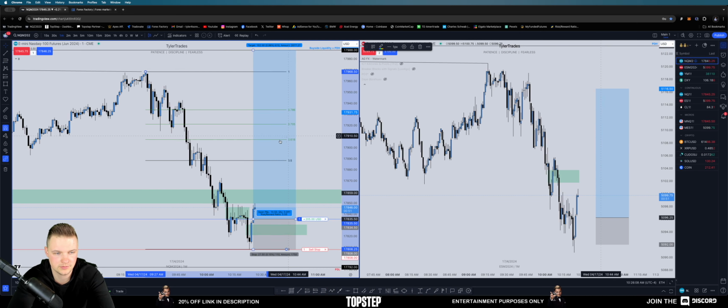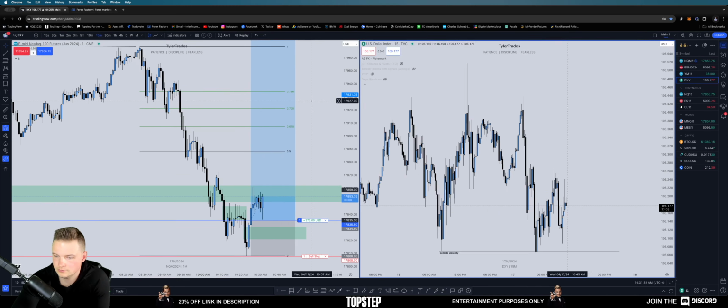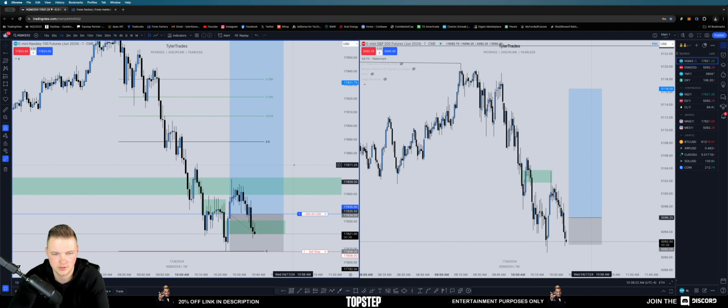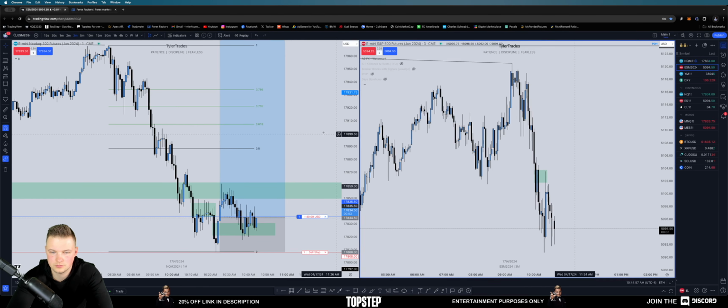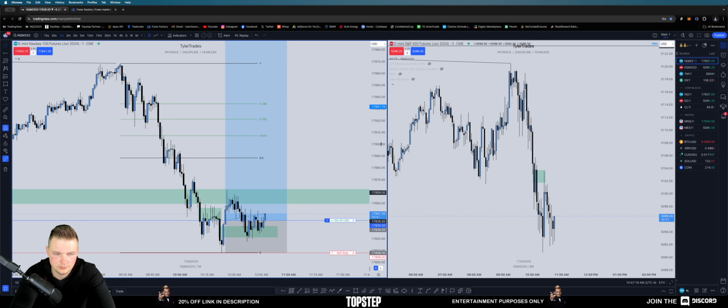Equilibrium of this range looks decent for removing risk. That's 50 points too. Next macro doesn't start for a few minutes, but we'll see if we're still in the trade at that point, and see if macro can be on our side or if we're going to be the liquidity for the macro. There's only one of two ways this can go. We really need to displace this high right here. We need to rip through that.